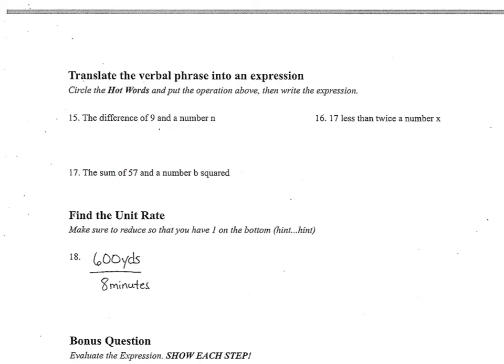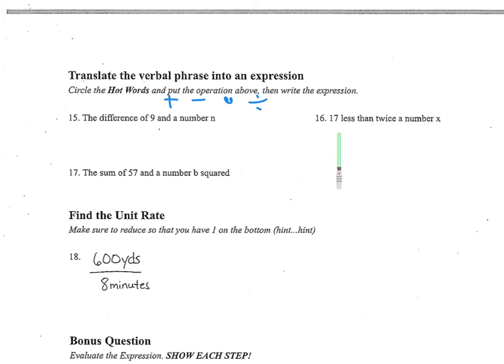By operation, we mean, is it addition, subtraction, multiply, or divide? Okay, you write it right above those words, and then write the expression. So try to write it out using your numbers and letters now. Okay,